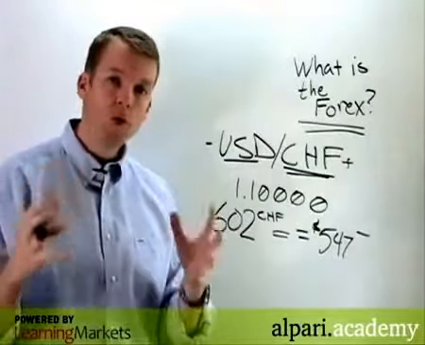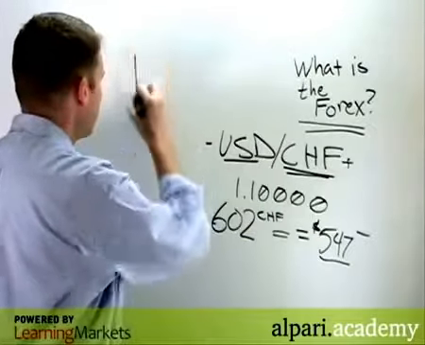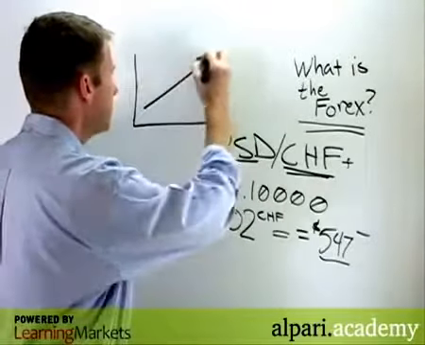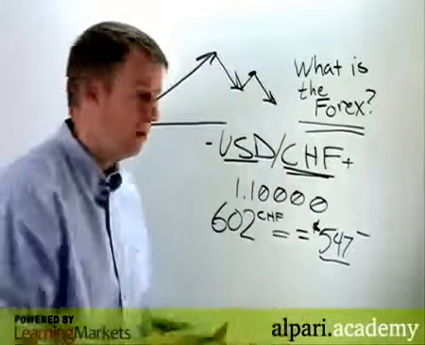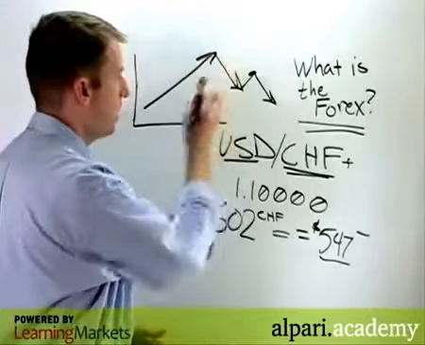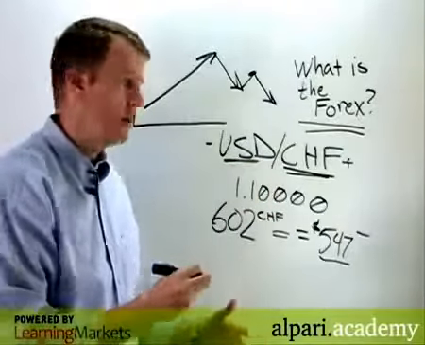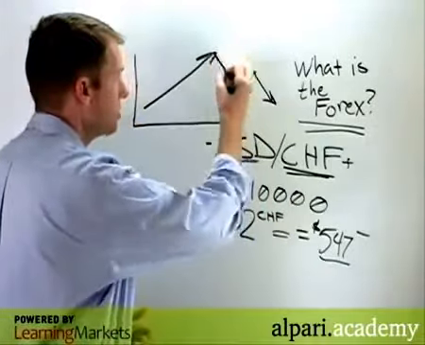Now, the way that you'll see this actually charted, like any other capital market, is you'll see we've got our chart here, the X and Y axis, and you'll see trends that look like this, just like anything else that you would see in any other capital market. Now, when you've got the trend going up, then what you know is that the currency on the left-hand side is appreciating in value. When the trend is going down, the currency on the left-hand side is actually depreciating in value, and the currency on the right-hand side is appreciating in value, which was the situation here.